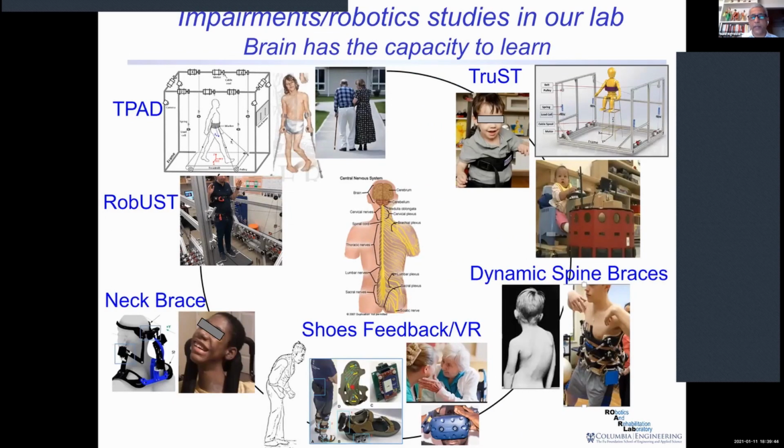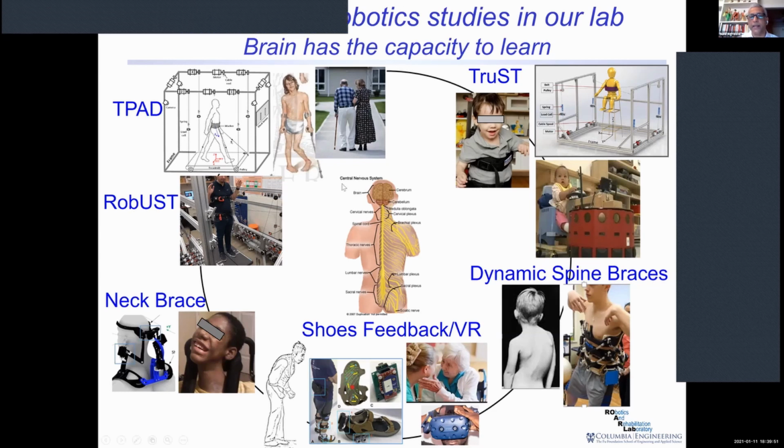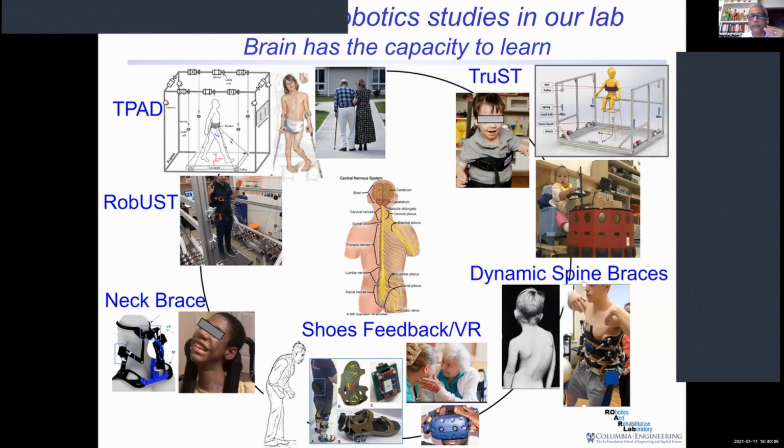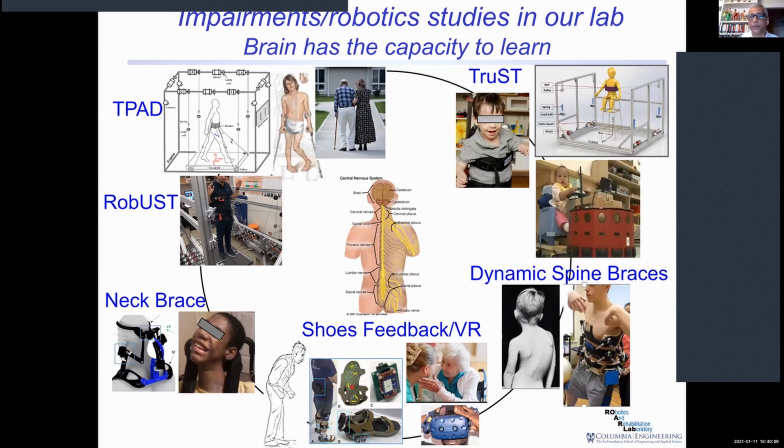So this is a quick summary of the kinds of things that we do in our laboratory. The main idea here is that the brain or the body, we know that we control our movements through actions, which are reflected through our muscle activity. There are various sensors going into the brain. So for example, we have sensors from the eyes, from your touch, or from your muscle receptors, and that information is going to the brain, and the brain helps to generate